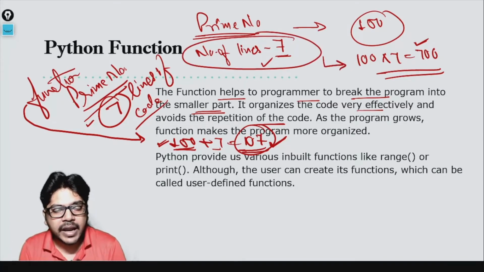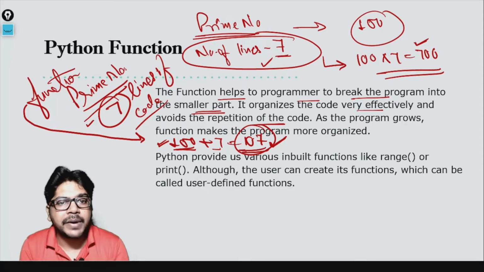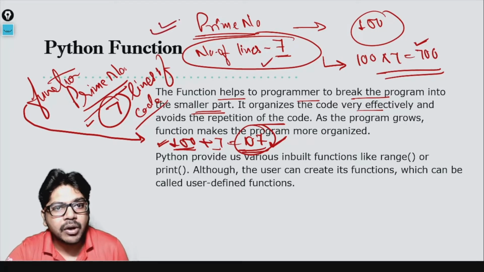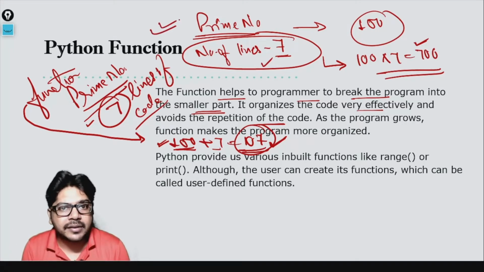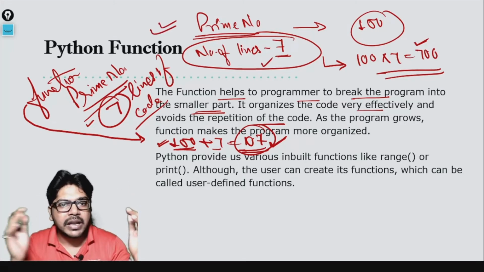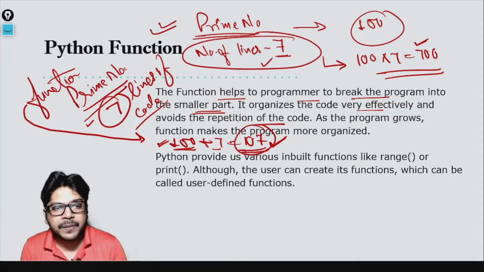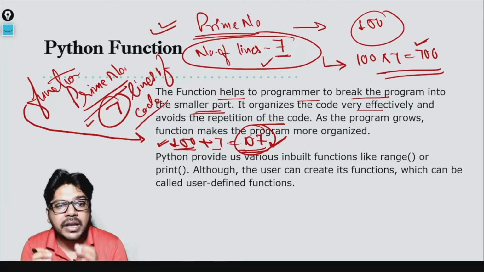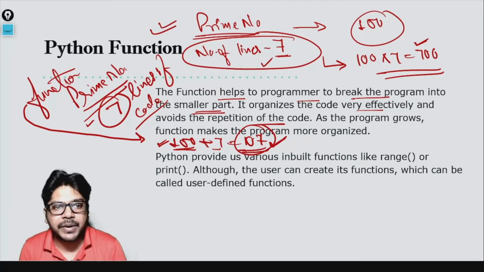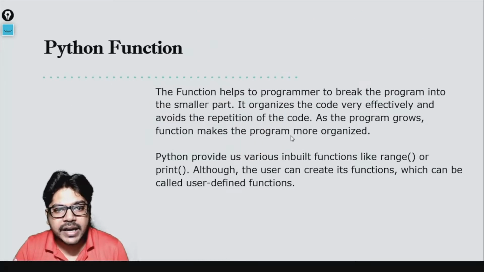Right, now you might ask why we are not using a loop. You can use a loop only when you have to repeat certain things. This prime number concept was used in multiple places across the program. It was used in line number 1, line number 17, line number 24. In that case you cannot use a loop, right? So there comes the repetition of the code, and the function avoids the repetition. So this is the advantage of function. Now I hope that you are understanding it in a better way.